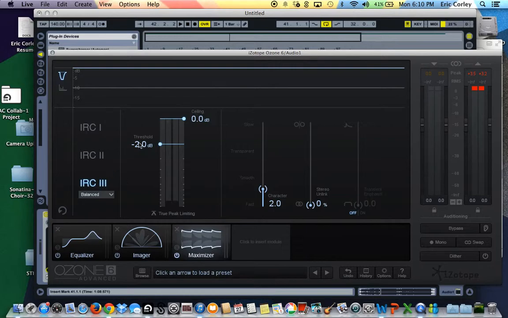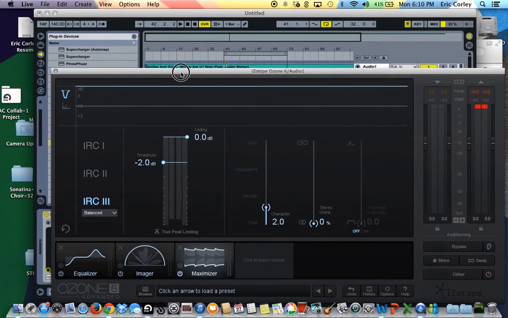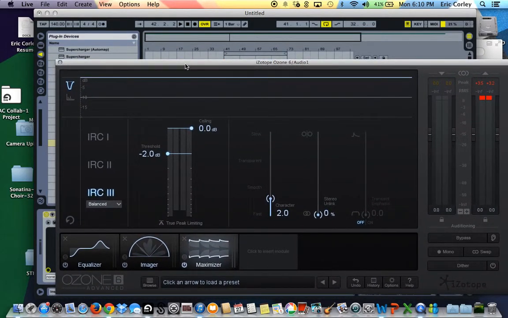So you'll see that a lot of engineers are going to mix anywhere between -12 and -6 dBs their first mix down. So I'll set this to a -6, and the ratio over here, this is really just a ratio bar, and so depending on how loud you're trying to make your track, which is over here,